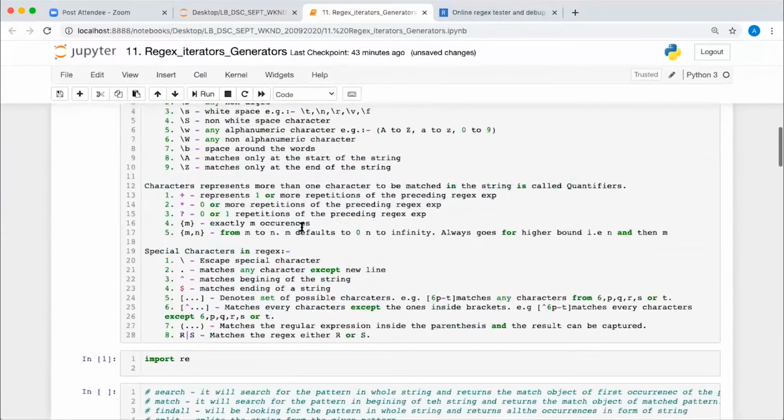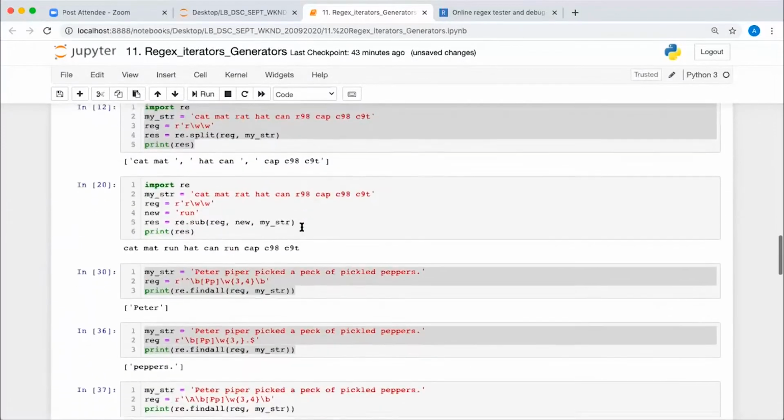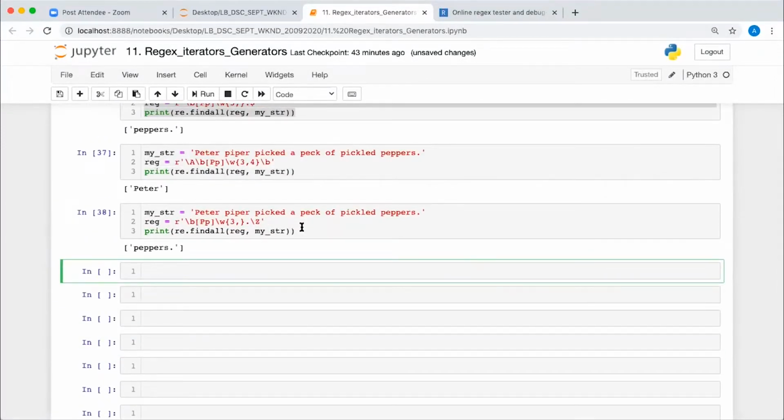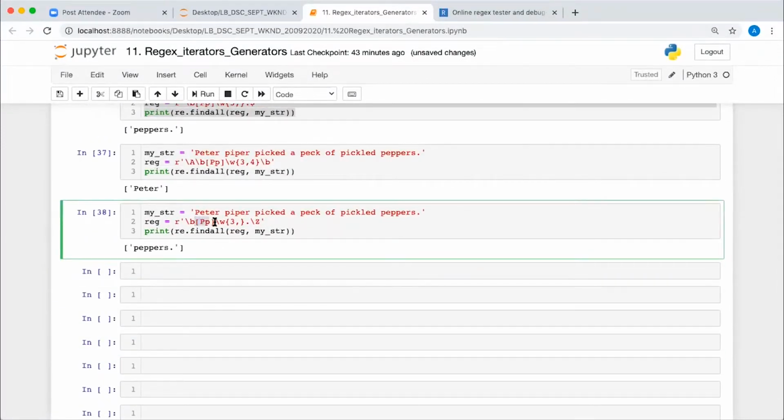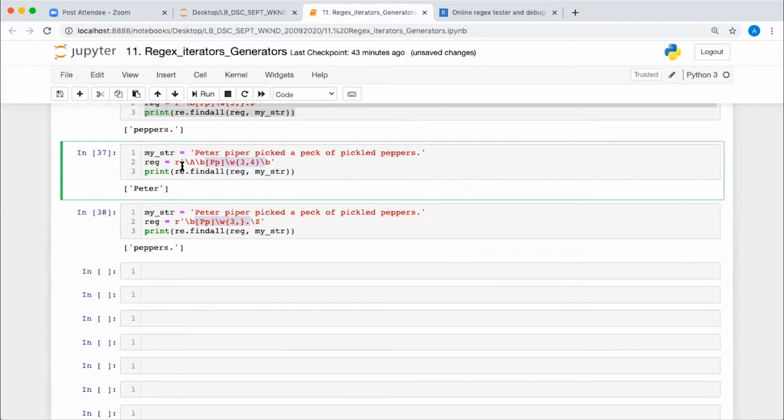Which character will it find at the start of the string? Will it find P? Yes, it will start with this only. This whole string will be matched from the end, and if you are matching at the beginning, then it will start with this. \A just says that I'm looking for this pattern at the beginning of this string. This A and B are not part of the pattern. They are just saying that we are looking for this pattern at the beginning because of this backslash A, and backslash B says that we are looking for individual words.